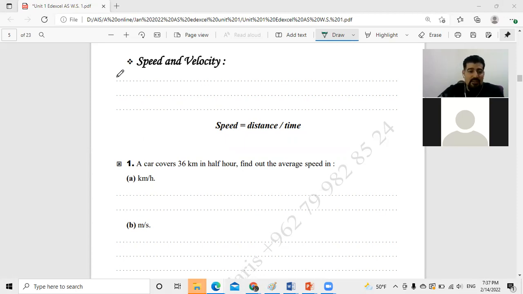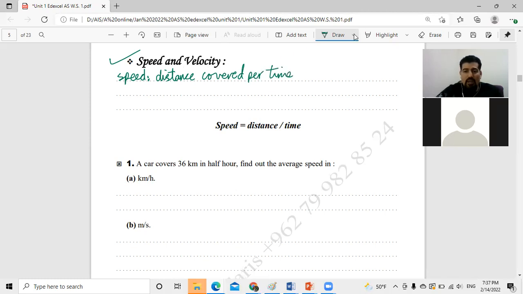Is vector. So what do we have to know? Whenever I put the tick, that means we have to memorize the definition. So speed is distance covered per time, distance covered per 1 second, while velocity